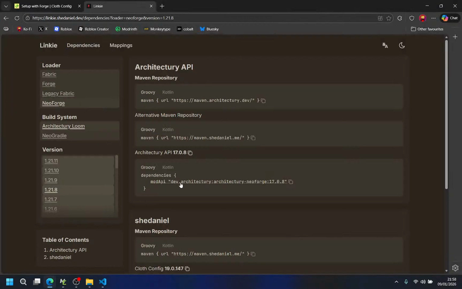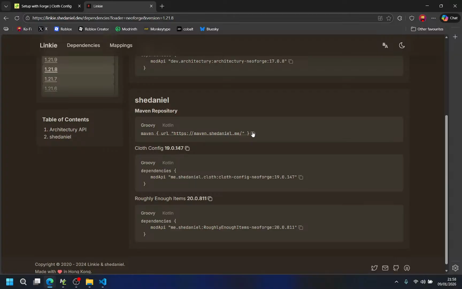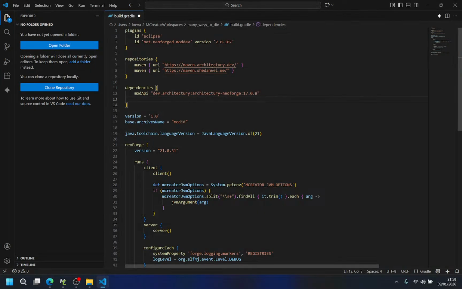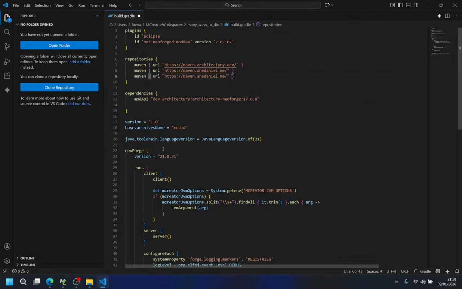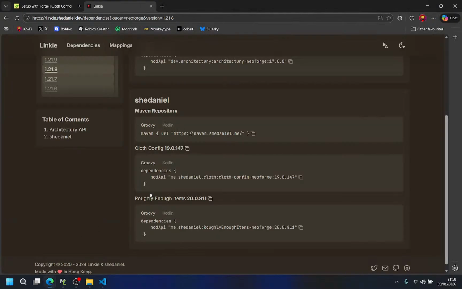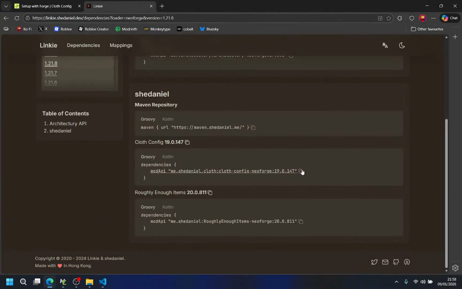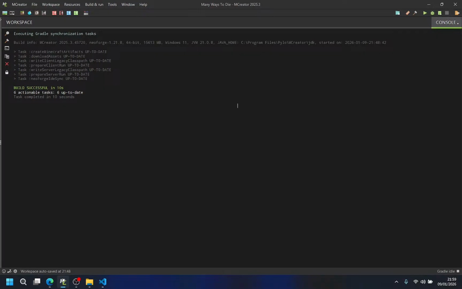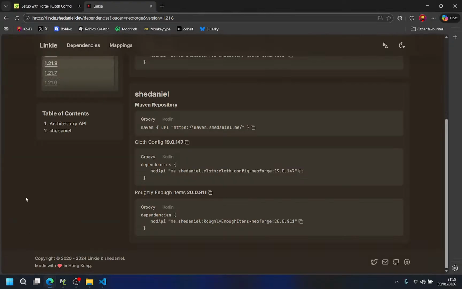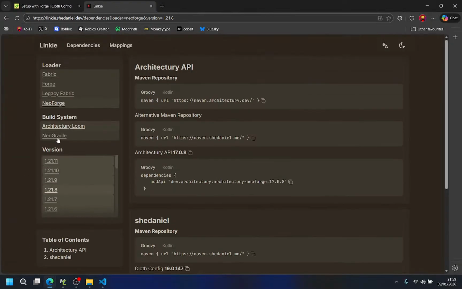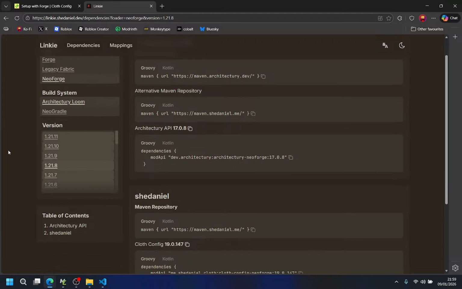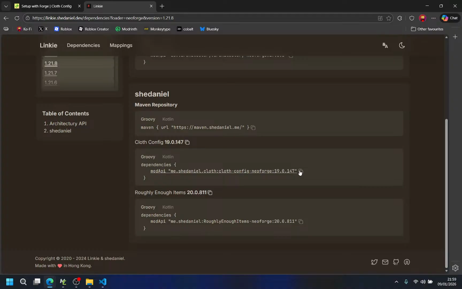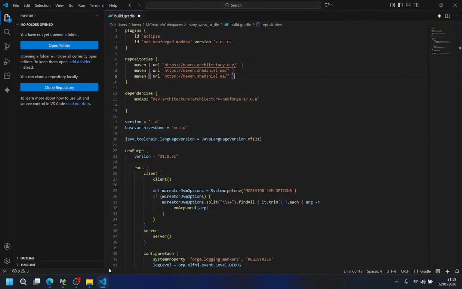I'm also gonna include the Maven repository for this, and cloth config because I need it. Wait, is it on Neoforge? Wait, 1.8... Now this, I've done this, right?